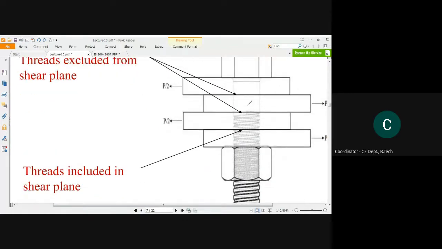Here I am showing this part in a different place. This is the total shank part, right? But here a threaded part is getting started. So what happens, due to that threaded part, some amount of area is getting reduced, isn't it? In that threaded part, some amount of area is getting reduced